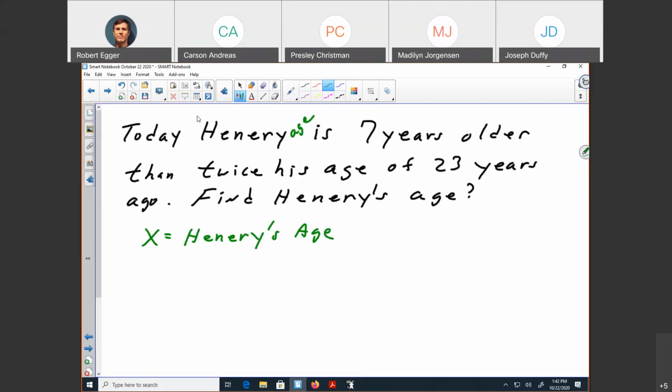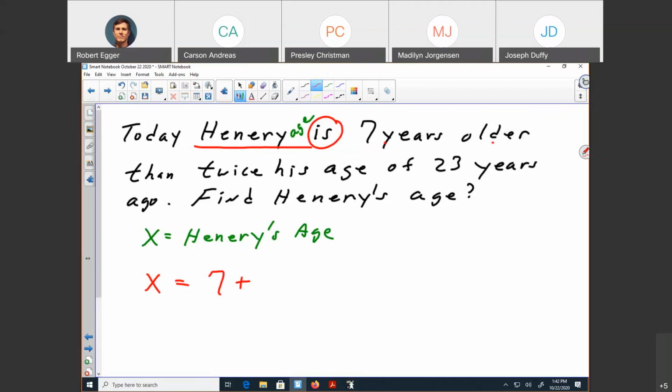So just reading this through the sentence, it looks like x equals 7 years older, okay, a value and an applied operation. So to get older, would I add, subtract, multiply, or divide from the downstream items? Well, to get older, okay, he's going to be 7 years older. 7 years older than what?